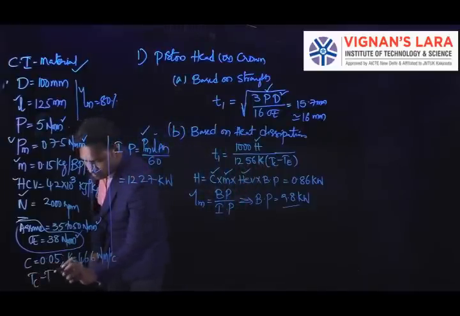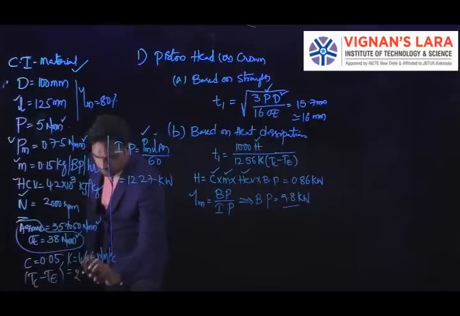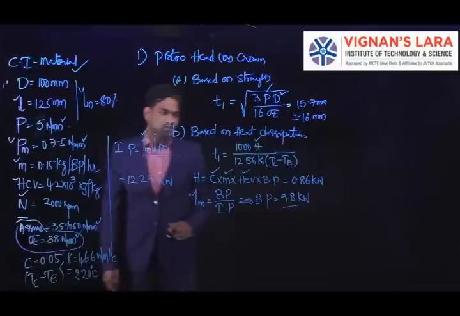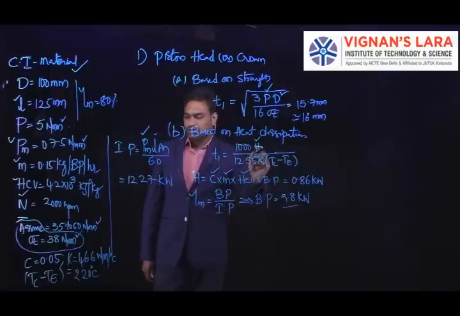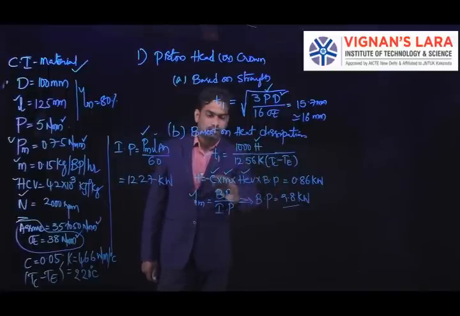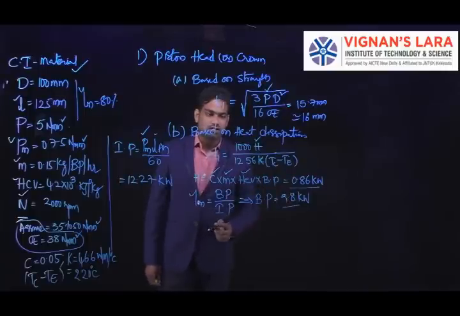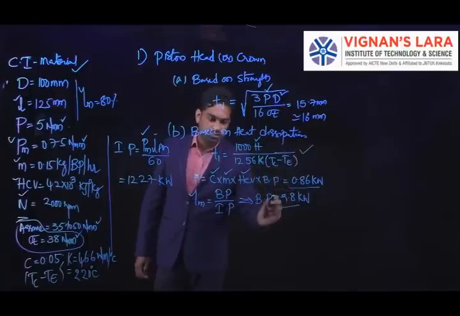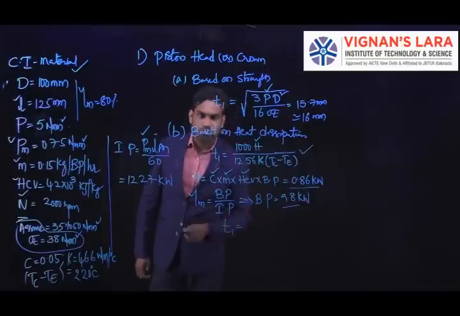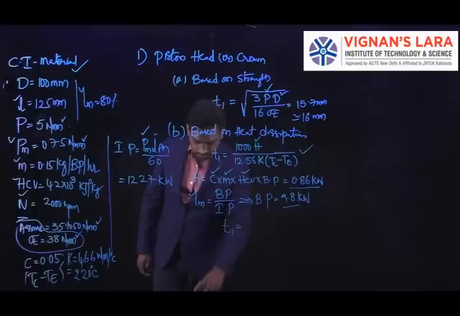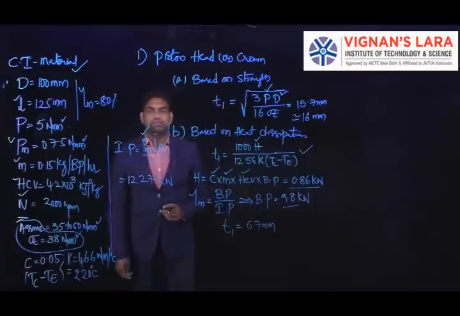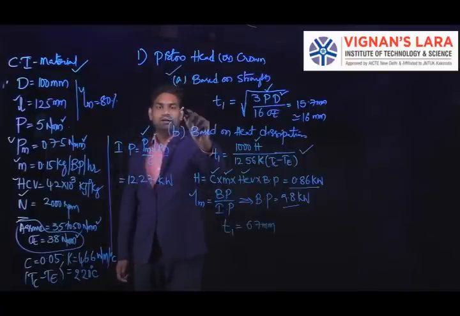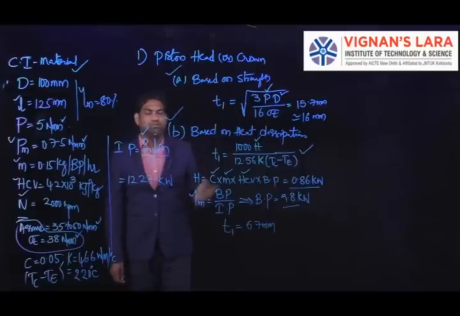That is the temperature difference between the center and the edges. For cast iron material, it is 220 degrees centigrade. You can substitute all the values. So Tc minus Te is 220 degrees centigrade, K is 46.6 watt per meter degree centigrade, and heat flow is 0.86 kilowatts. You can substitute all the values in this equation. The thickness T1 of piston head based upon the heat dissipation is given by 6.7. After finding out the thickness based upon the two considerations, one based on strength and another based on heat dissipation, the larger of the two values is going to be adopted as the final thickness of head.